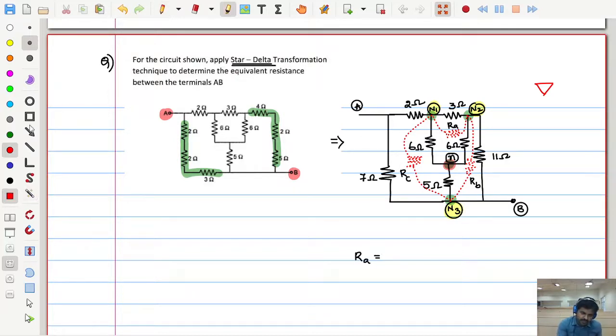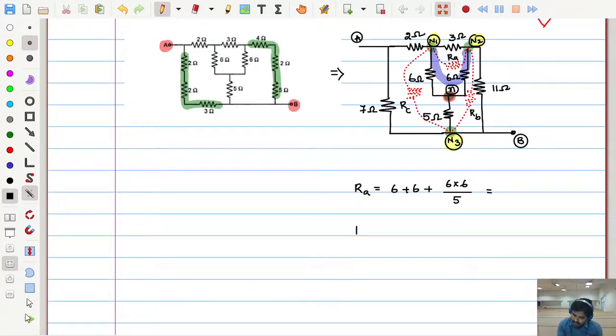So in the traveling path from A to B, could you see that A to B means this resistor and the other side is this, meaning 6 and 6 through the common terminal N. So how can I find that value? 6 plus 6 plus 6 into 6 divided by, which we have not used so far, that is the opposite. For RA, what is the opposite? 5. Very good. So you give me this value. Next is RB. 19.2, sir. 19.2. Very good.